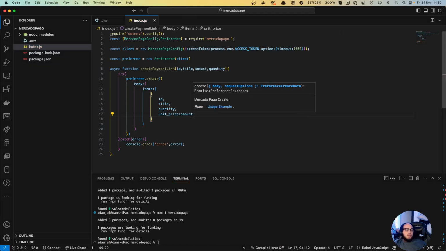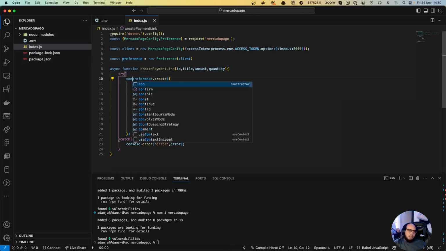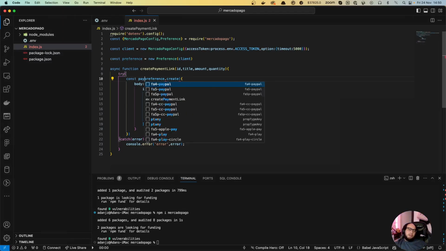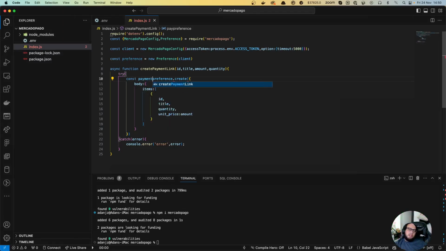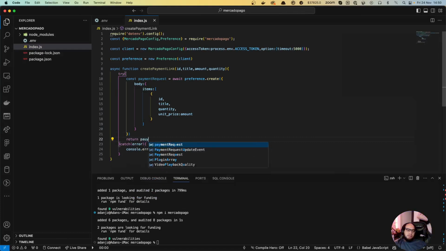Okay, preference like that, and let's do const payment request equals to an await of that, and let's do a return payment request